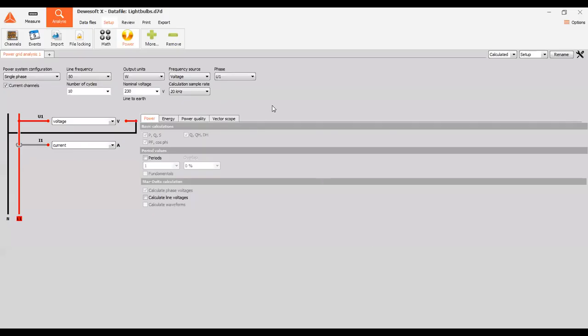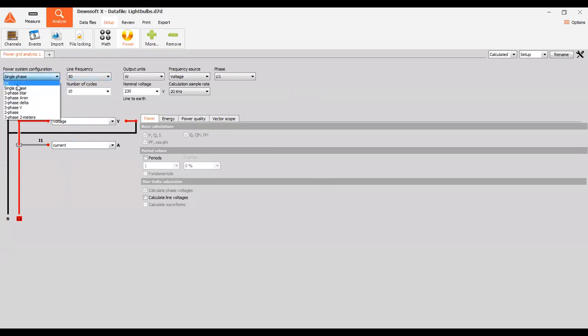Okay, so here we are now in the software. I'm now in analysis mode. I've opened the data file, which is called light bulbs. In this case, we measured just one phase, voltage and current. Current was measured with a shunt, and